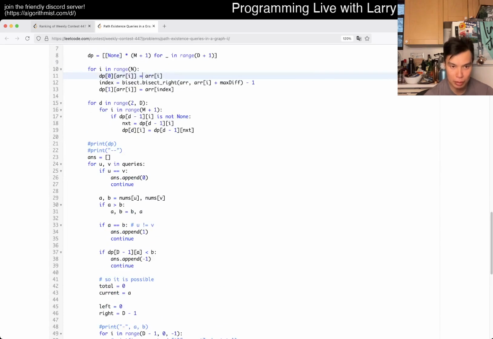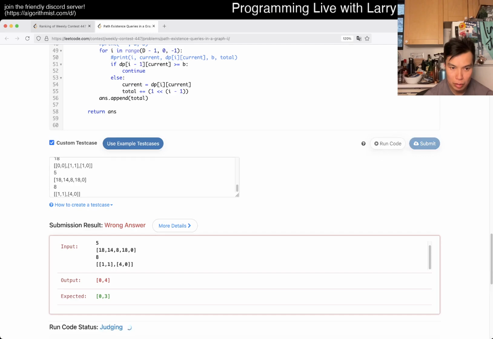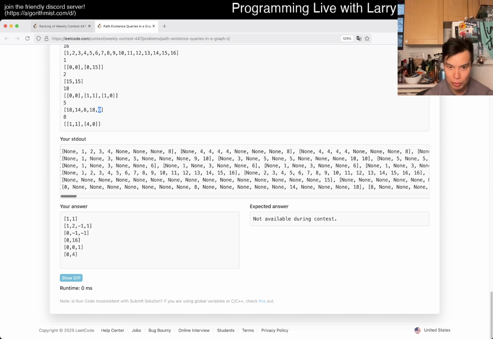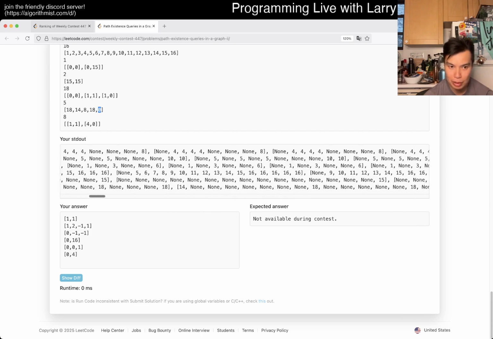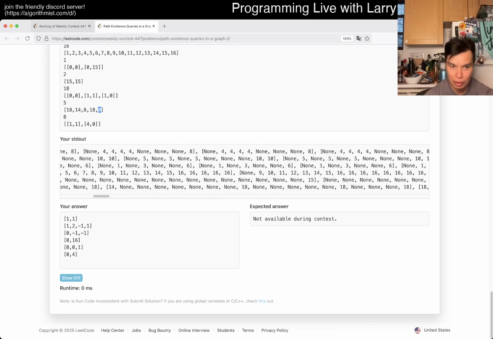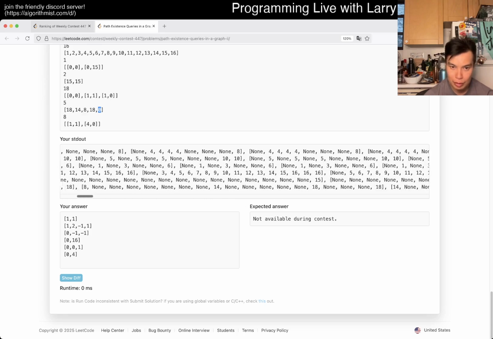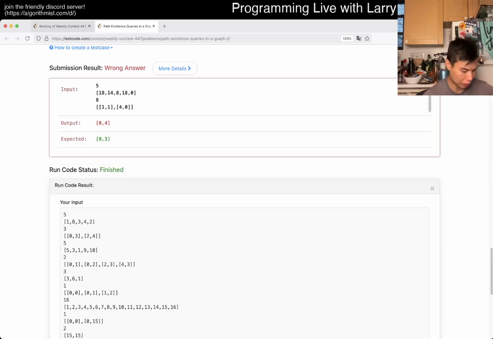Okay, let's look at the DP array. This is very weird, actually. Okay, so 0, 8. Oh, 0 is an input. Okay, so 1 move is 8. 2 moves is 14. 4 moves is 18. Okay, so then it tries to do 2 then, right? Or should? It tries to do 14 and then 8, so that should be 3 if I'm doing it right. But